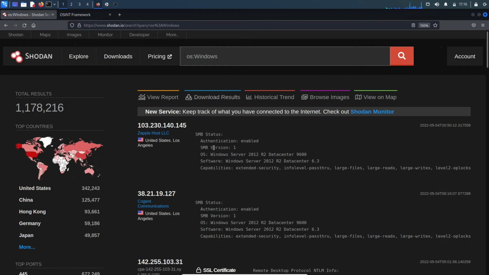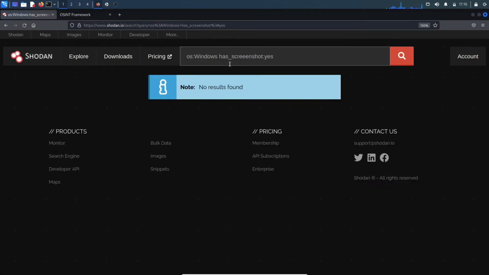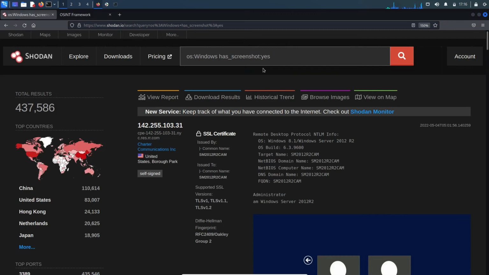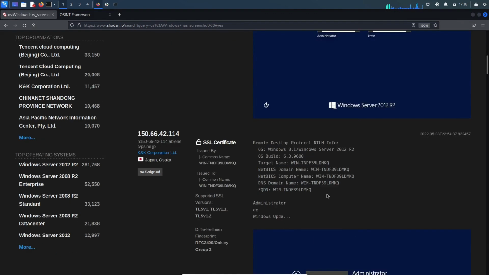What you can also do, you can see that authentication is enabled for SMB, but what you could also do is something along the lines of, and you have to bear with me because I've forgotten the syntax a little bit, so you do OS Windows and then you do HaXeZ underscore screenshot, and then you type yes. What have I done wrong there? HaXeZ screenshot, there we go. This will only return indexed items that have screenshots,